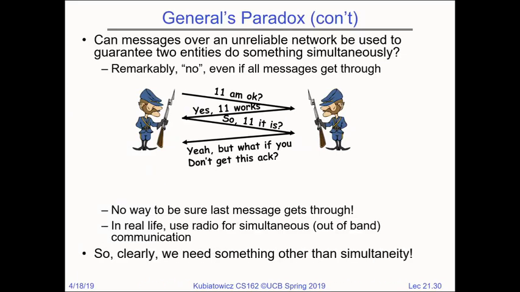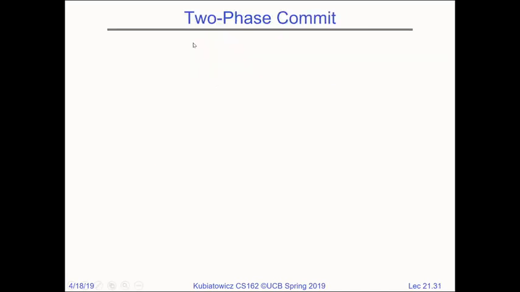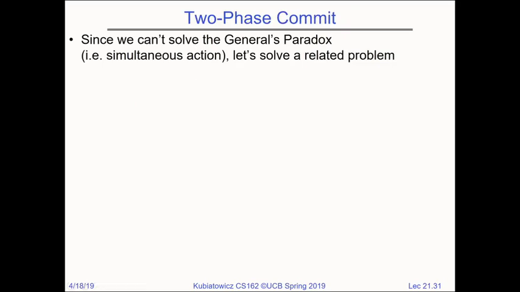So clearly we need something other than simultaneity as our goal. Okay, so, basically message loss leads to the inability to pick a time that everybody agrees on. And there's been many attempts to solve the general's paradox in various ways, and you can't solve it. Okay, so the question would be, can we do something slightly different? So we can't solve the general's paradox, but let's solve a related problem, which it turns out is mostly good enough. It wouldn't have helped Custer, but